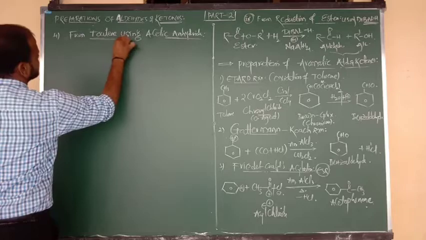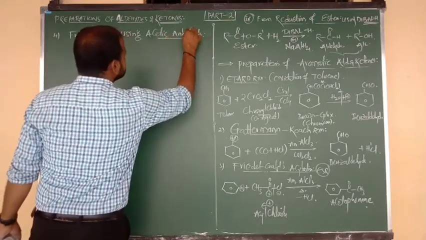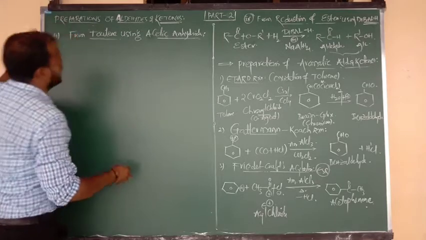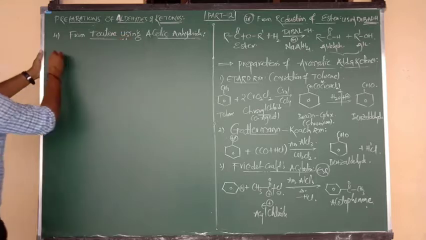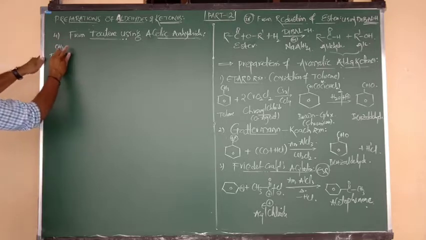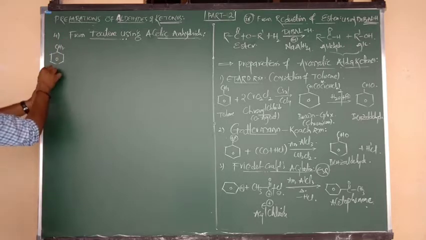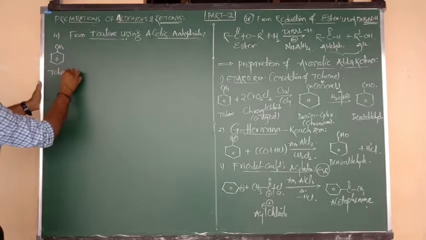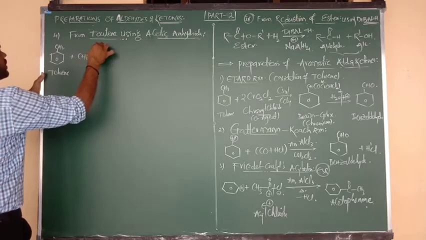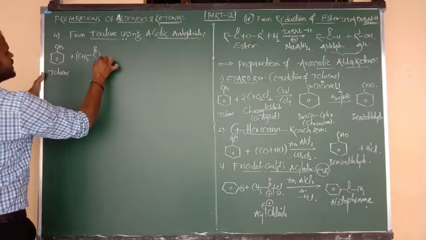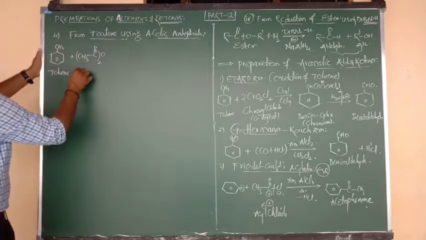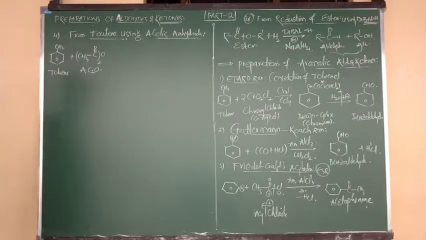Now I am going to show the reaction directly. So by using toluene and acetic anhydride, we are going to prepare what, beta? Aromatic aldehyde, that is nothing but benzaldehyde. Toluene formula: benzene, benzene bonded to CH3. I have written it here. What is the name of this compound, beta? Toluene. It reacts with acetic anhydride: CH3 bond, C double bond O, taken twice, and outside both the C double bond O groups are connected to a common oxygen. This is the formula of what, beta? Acetic anhydride, simply we can say Ac2O.